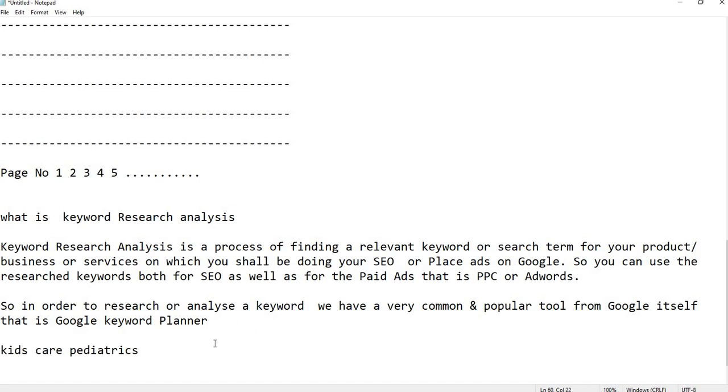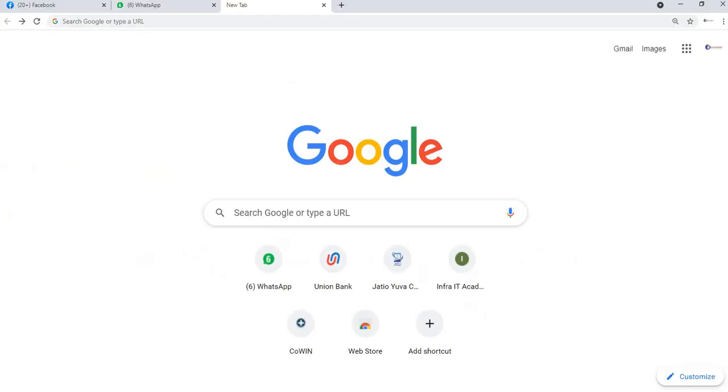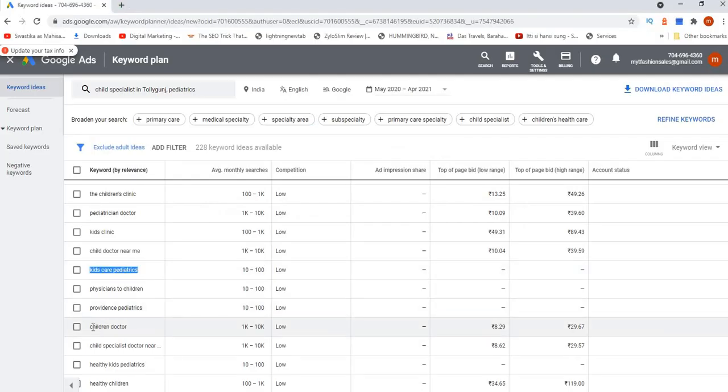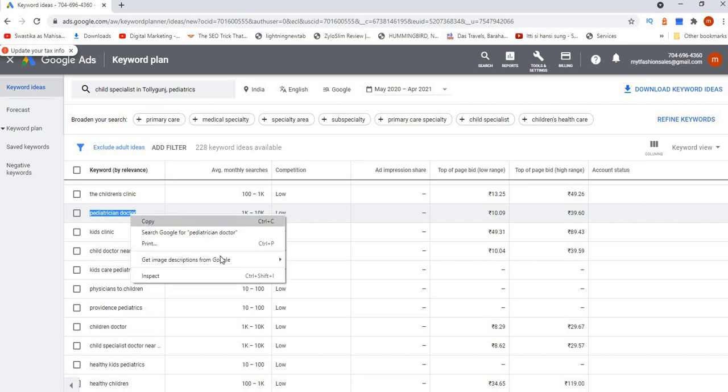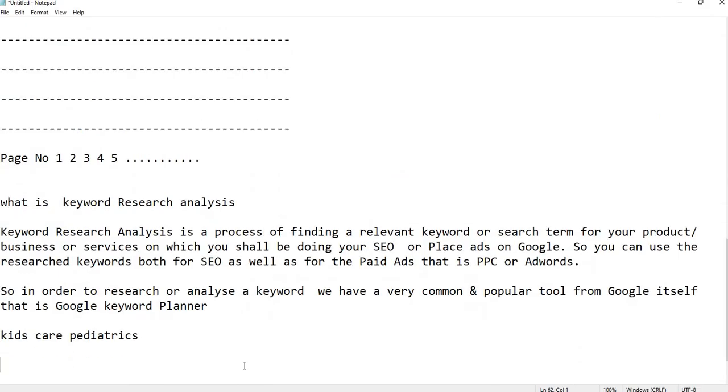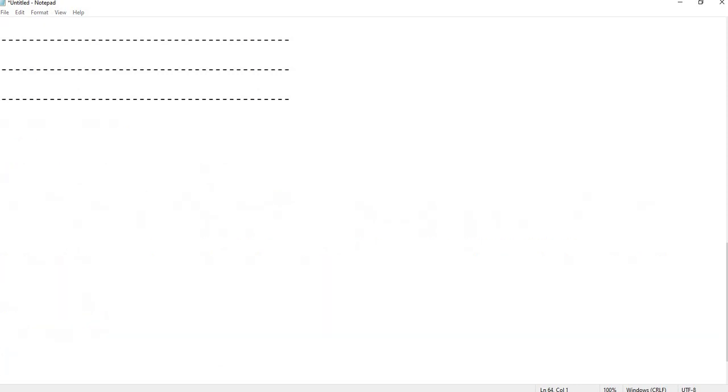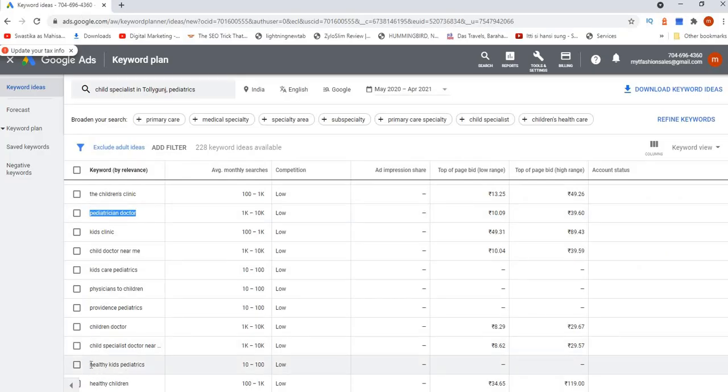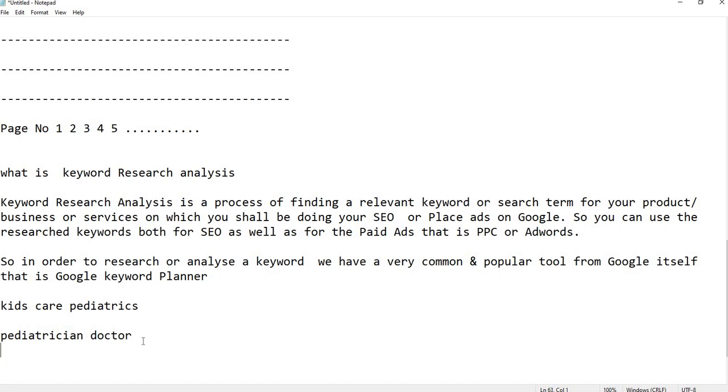Likewise we have to select kids care pediatrics. You just have to fill it up, say children, child specialist doctor, pediatrician doctor, child specialist doctor near me. So here low competition.